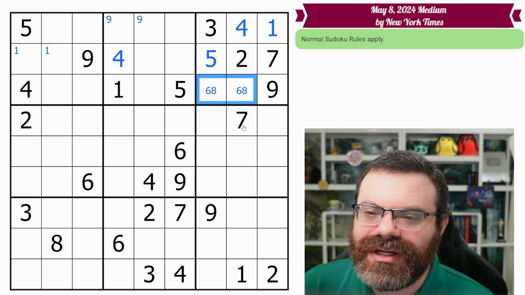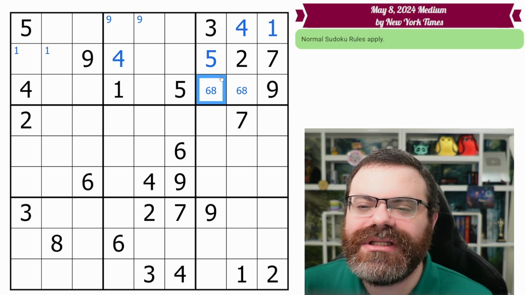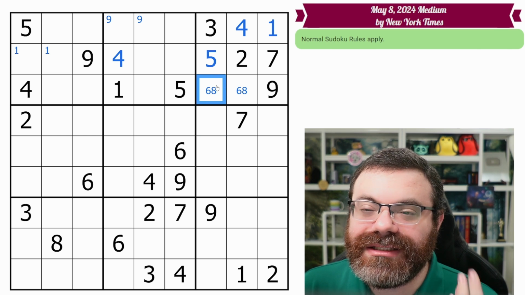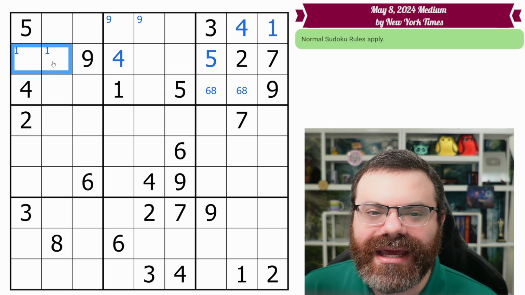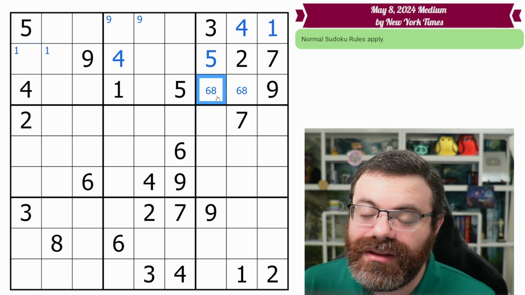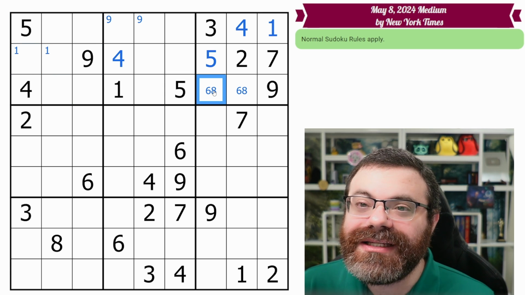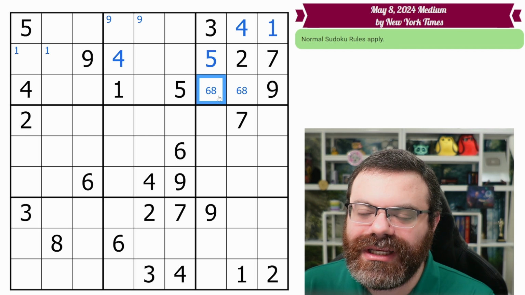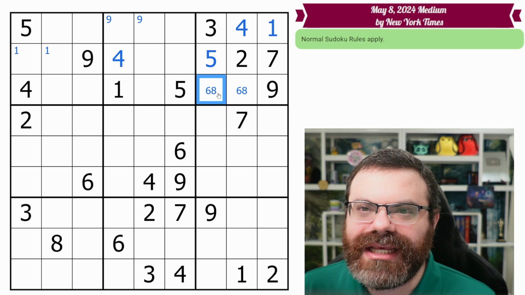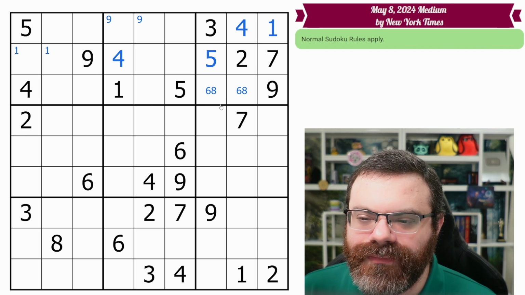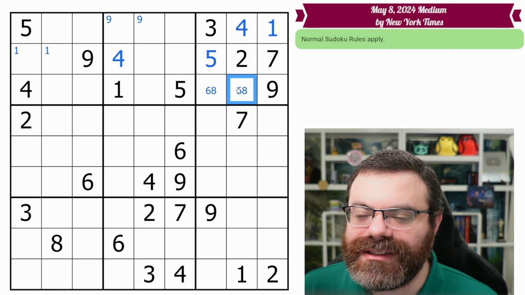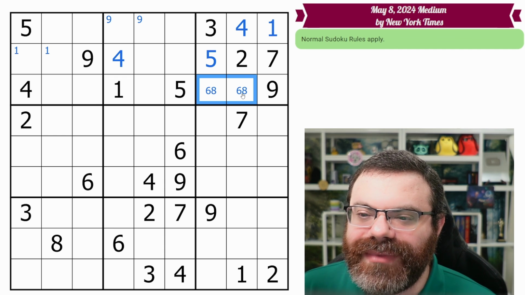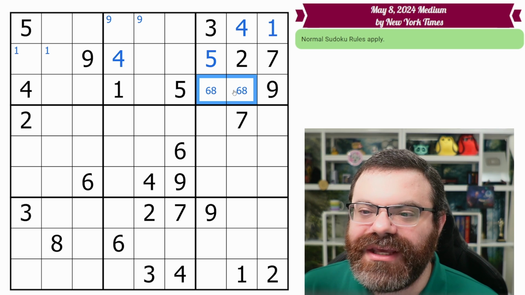But actually, we're going to use center marks for that. And what center marks mean is they are cell-centric, right? The corner marks were centric to the box. They were telling us where that digit goes in the box. The center marks are just saying this is the comprehensive list of digits that could end up in this cell according to our current state of the board. So this cell is going to be a 6 or an 8, and this cell is going to be a 6 or an 8. And because these two match and they share a row,